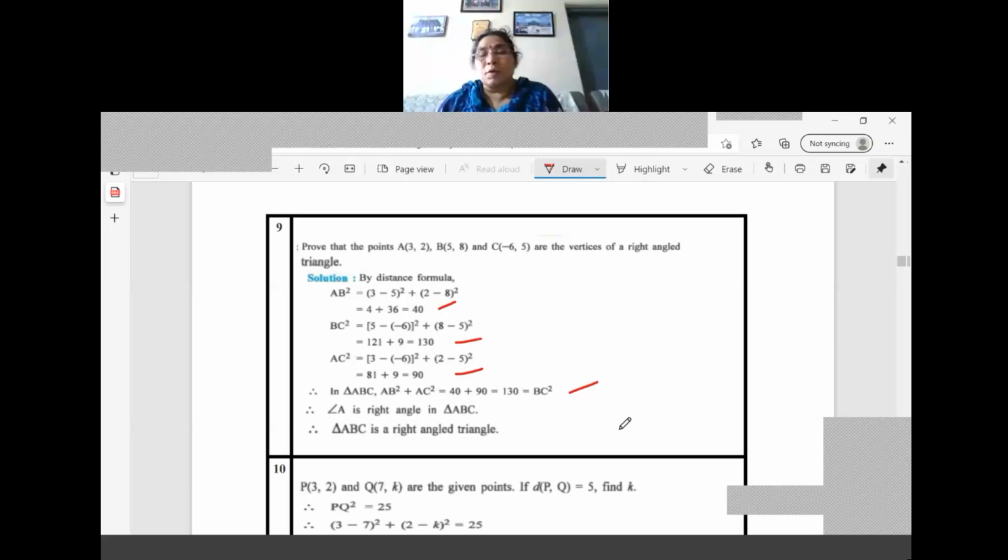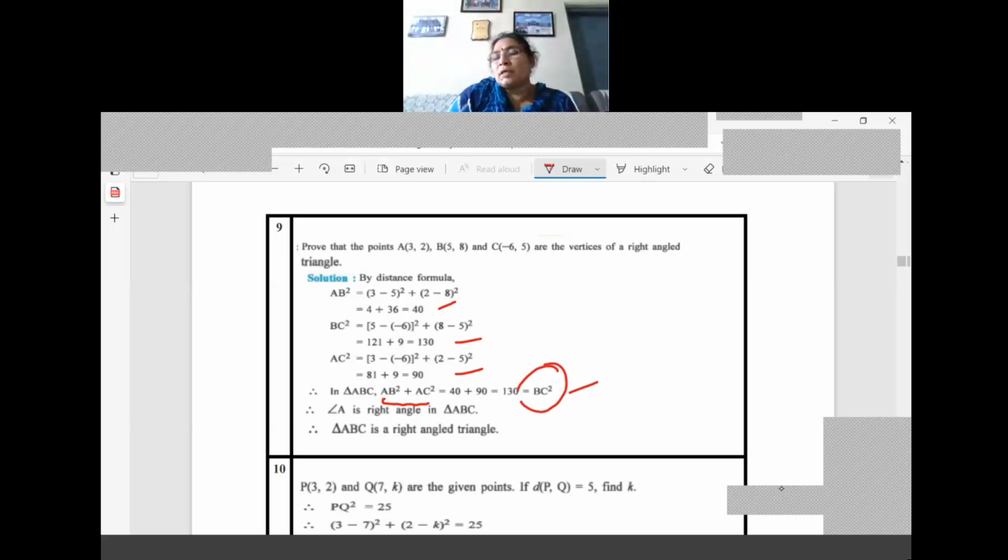Now the question may be asked as an MCQ: which is the right angle? How to assume this? You should think in this way: in AB square and AC square, which letter is coming common? Angle A is common, so angle A is the right angle. Otherwise, BC is the hypotenuse, as we understood here, and the opposite angle of BC is angle A only. So we can write angle A equals 90 degrees. We don't know how they are going to ask the questions in the MCQ pattern. It can be asked with options only, you know that. So it may require solving all three distances also. Then we should assume which is the 90 degrees. Then only you can name the angle which is 90 degrees.